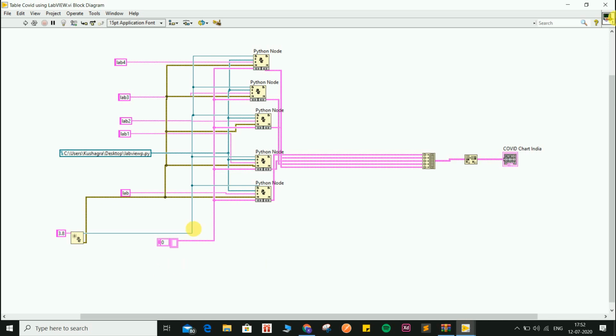Now we can see here that this is a string array and which is being fed to the return type, and we are getting the same data type as a return value.